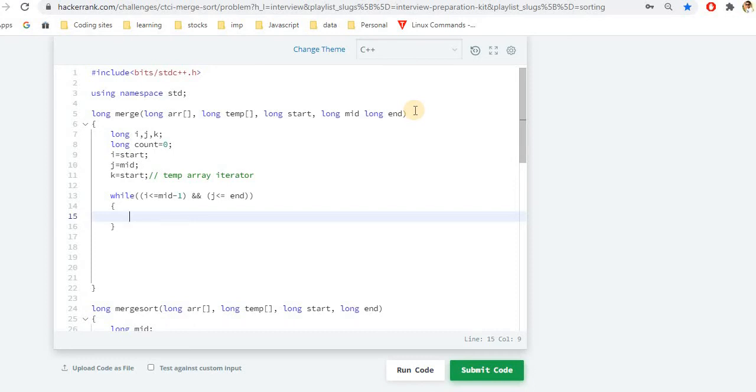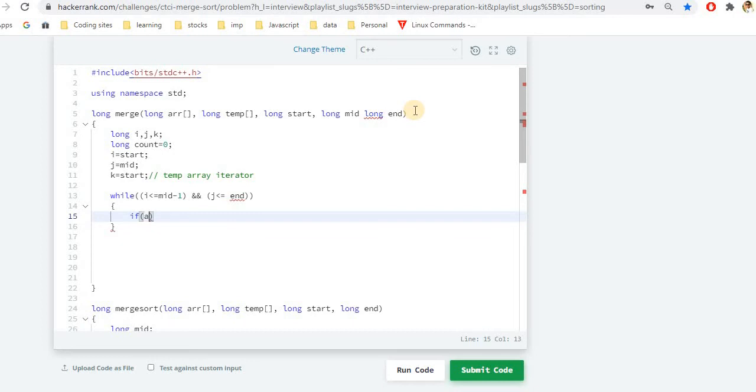Here we'll check if our left part, the array at index i, is less than that of j, the mid part. If yes, we'll push the value which is lesser into our temporary array. If not, that is the point where inversion is happening, and we'll count that and also push the value.